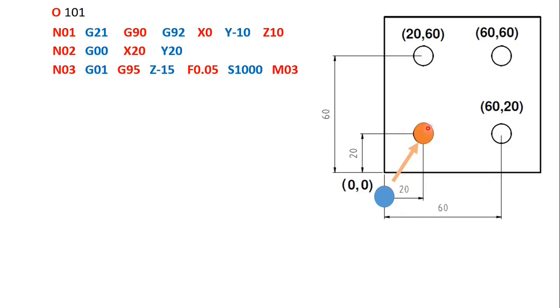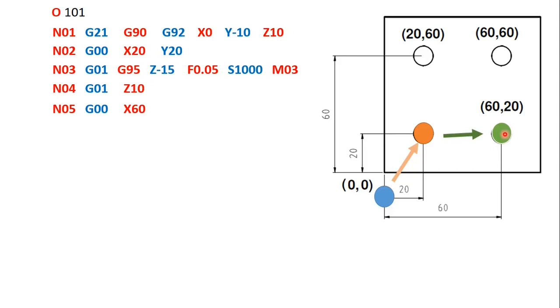So once this operation has happened, drilling has happened, the tool should come above the workpiece. Okay. So what happens? Then we are seeing G00 Z10. So Z10 means it should come 10 millimeter above the workpiece. Now once it has come above, again it has to rapidly move to this position. So see, I am mentioning only X. Y is not mentioned. What it means? I have to take the last Y. Last Y is 20. So that is enough. So it has to reach at this position.